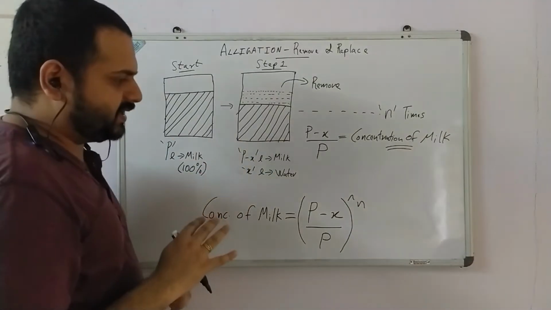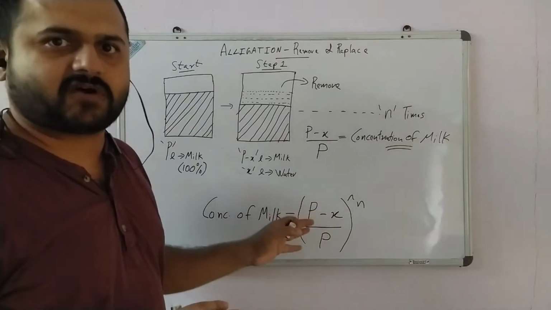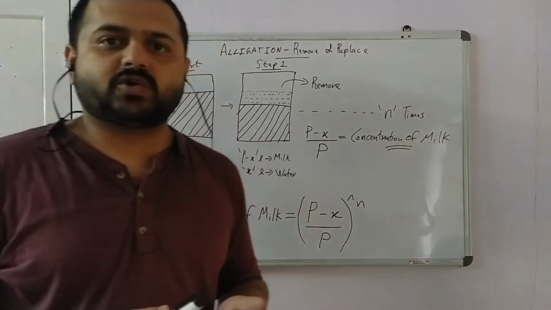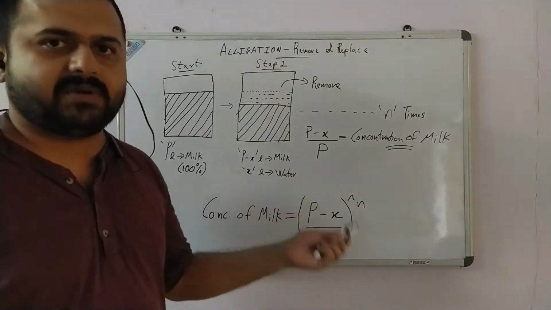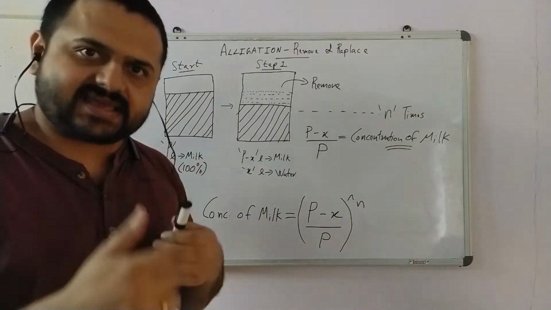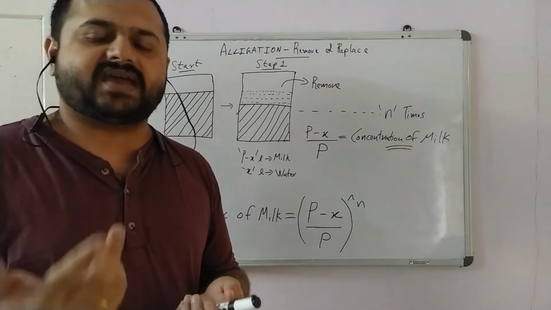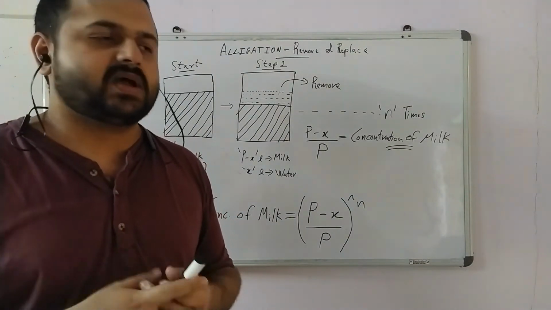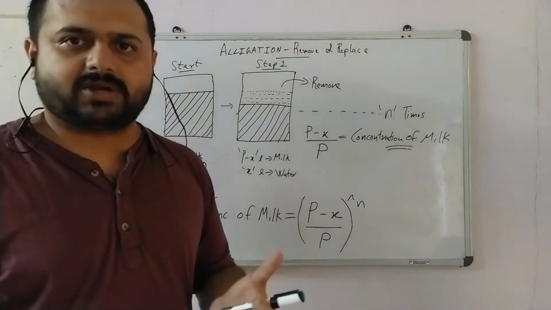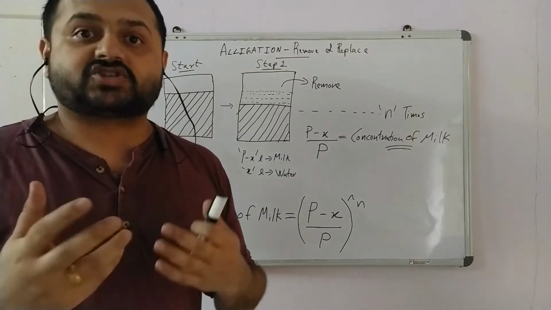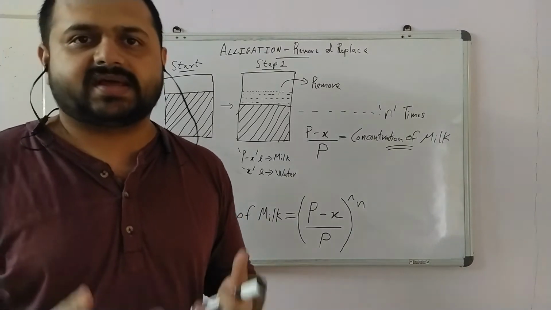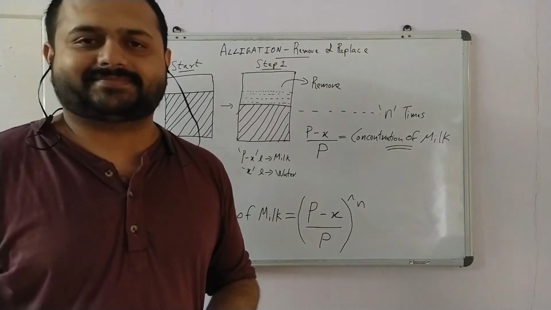But more importantly, while you can learn this formula and solve questions, I believe that it is extremely important for you to understand how this formula came into being, because there are some underlying concepts in this, and in case there is a twist in the question, or if the examiner or the question setter decides to bring in a slight complication in between, you should be able to solve that question as well. So hence it's important to understand the concept. So let's look at that in more detail.